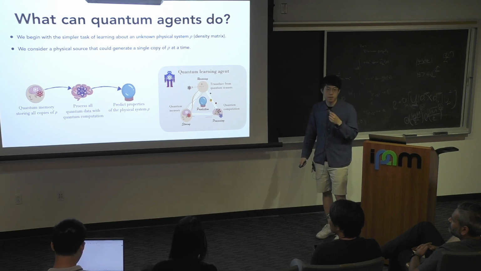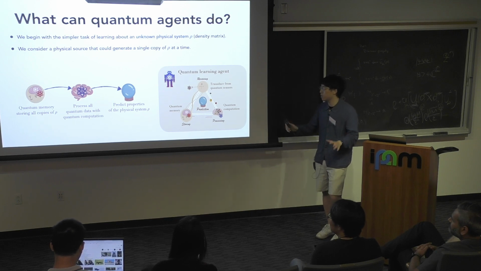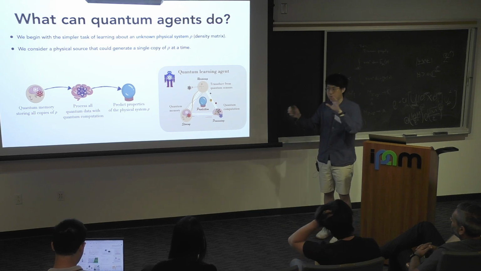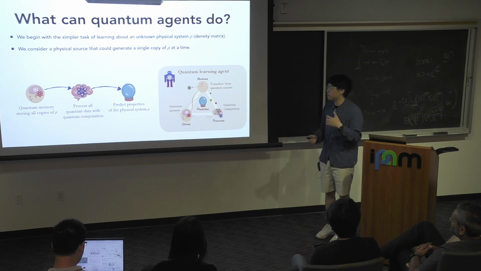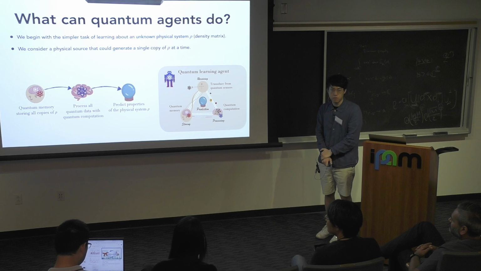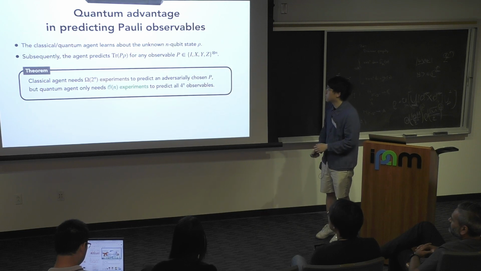So now the question is, we have these two settings. It's conceivable that the quantum agent, because it can do more, can entangle this information. It doesn't necessarily have to decohere, like measure things to get classical data. One would like to understand if these quantum agents are actually more powerful. So